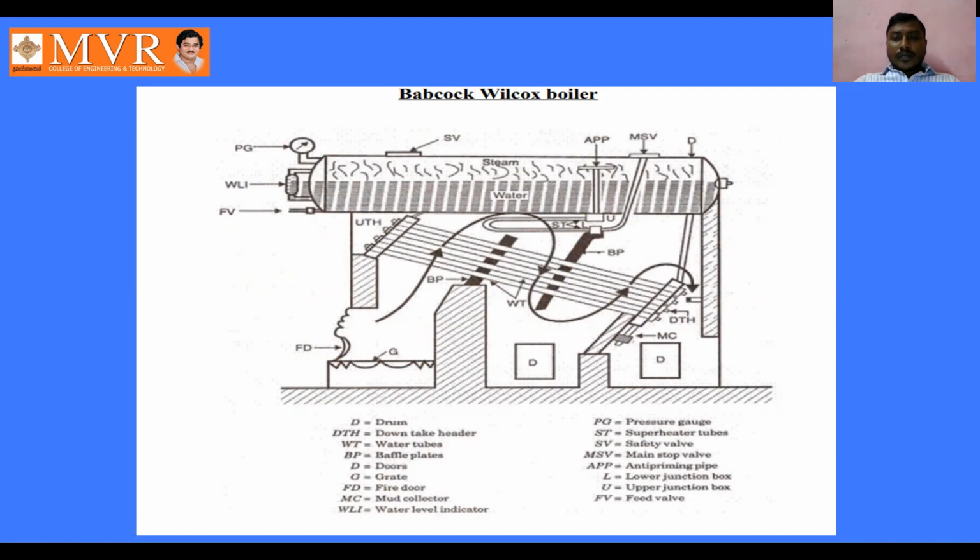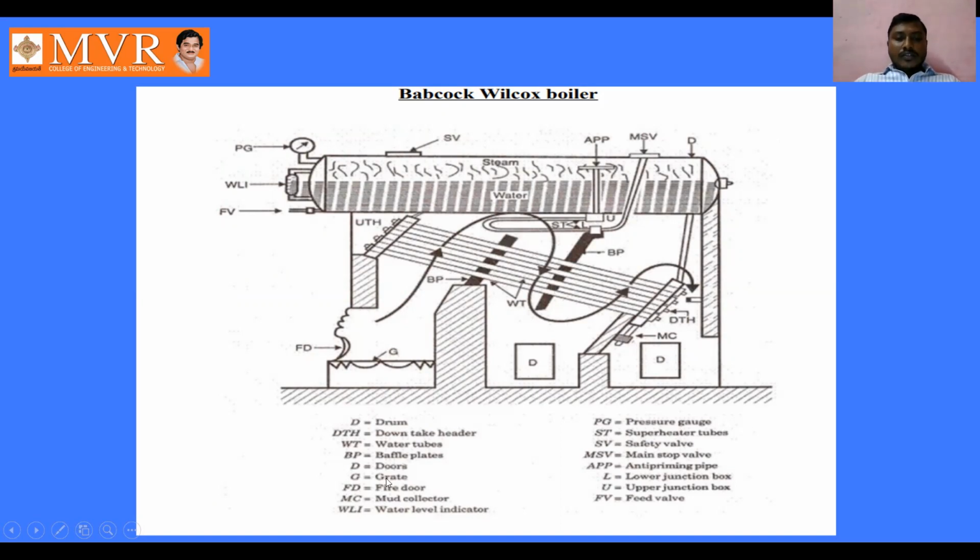See here, we can observe D represents the drum, which is nothing but the boiler shell, and DTH means the downtake header, and WT means the water tubes which we can observe here, and BP means the baffle plates, which are used for deflecting the hot gases in a zigzag way over the fire tubes,